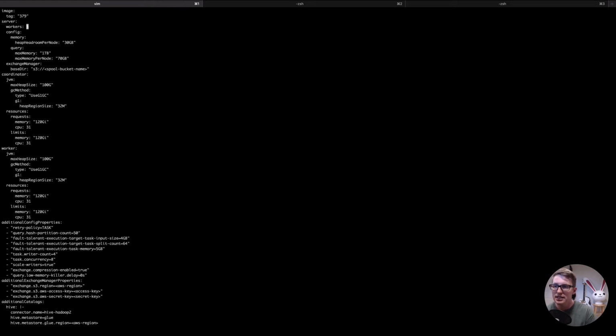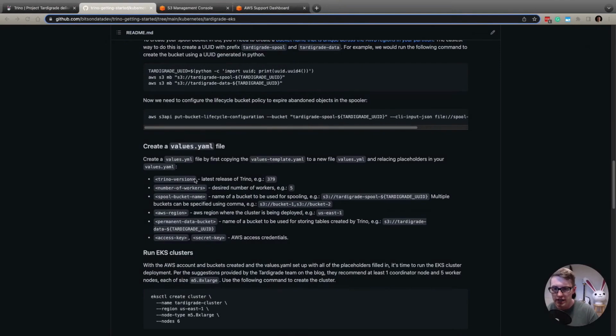And what that's going to say is that we're going to have one coordinator node that is going to essentially be the interface between you and the actual queries being executed. And the workers are the ones that are actually executing those queries. So you want to have 5 of those. So now for the base directory, this is in the base directory of the Exchange Manager. We want to get that